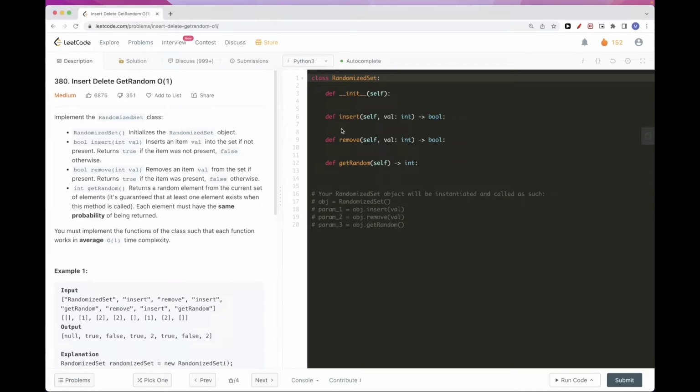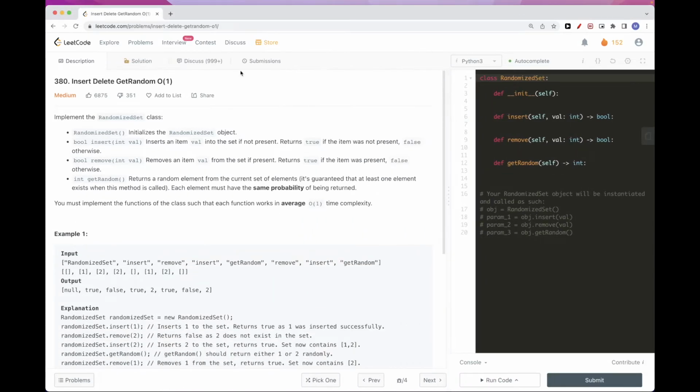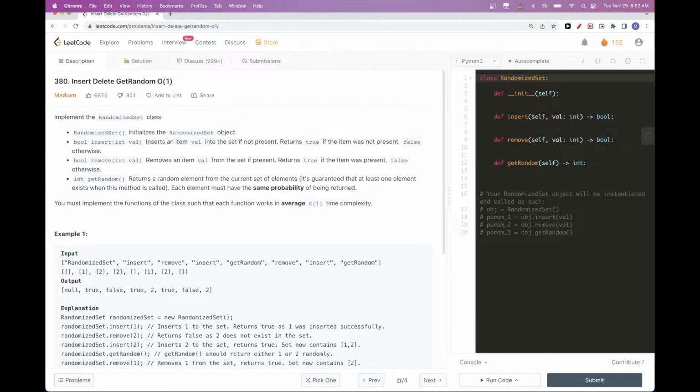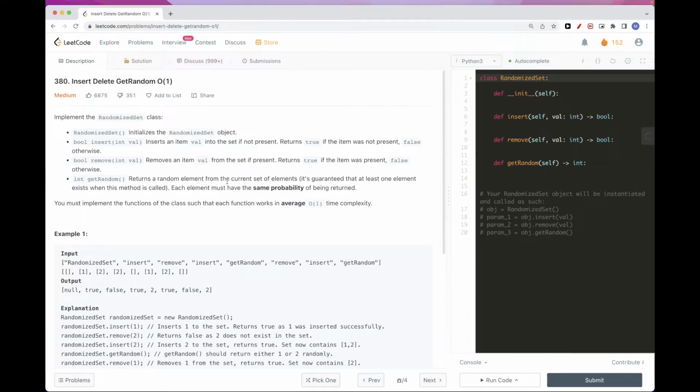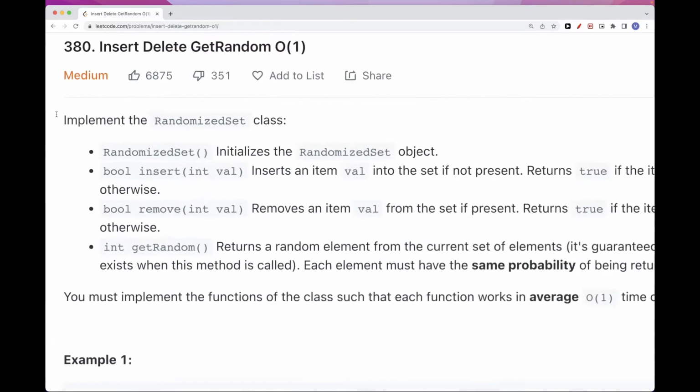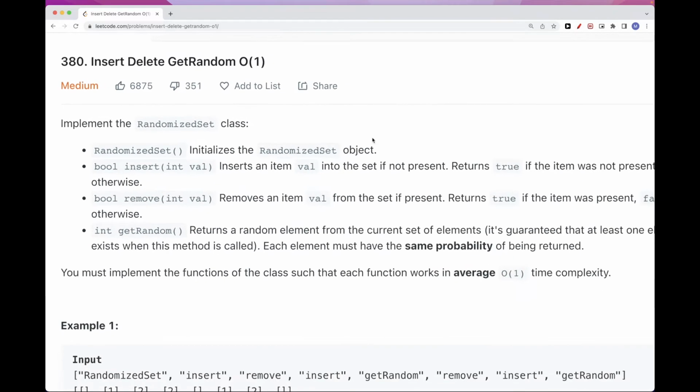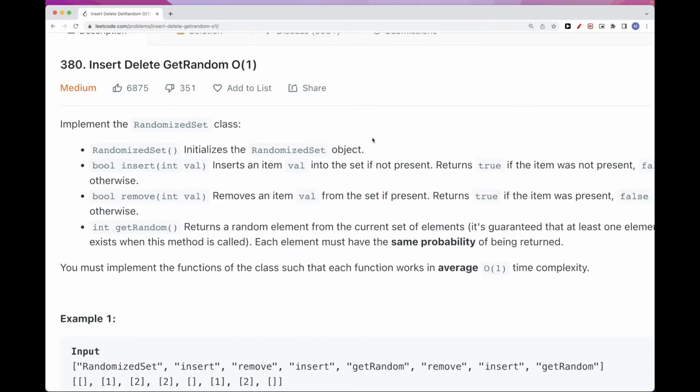Hello, so today we are going to do this problem, which is part of the Leetcode November daily challenge: Insert, Delete, GetRandom in O(1). What the problem says is we have this class RandomizedSet, and we initialize it, and we want to insert a value